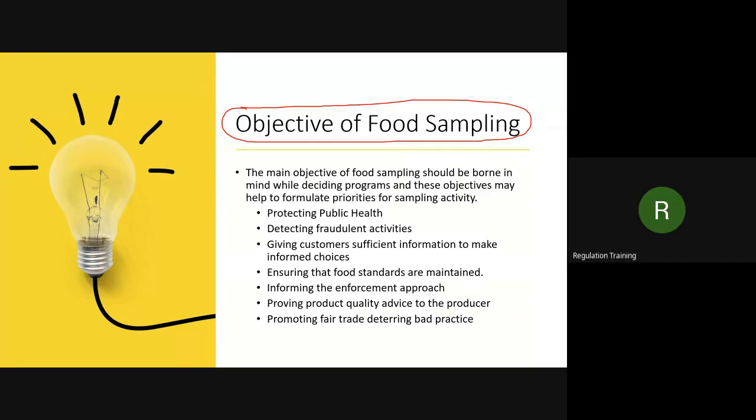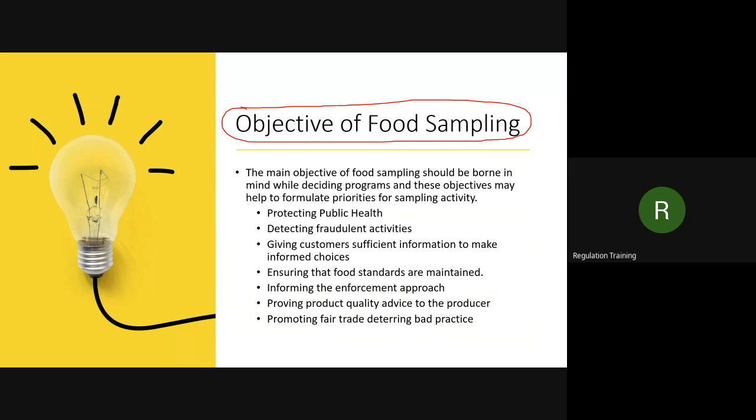Oh, I'm sorry. Okay. See, the last third is informing the enforcement approach. Informing the enforcement approach means the food inspector or food safety officer went to the market. They did a search, they seized the products, they took the sample. Whatever activity they are doing, it is happening in the market, so people are also observing these things. Understood? Let's say a shopkeeper, one mithai wala, the food safety officer has gone there. So people are observing.